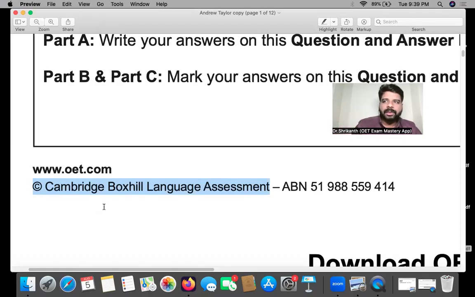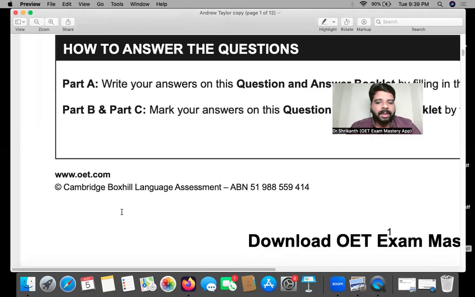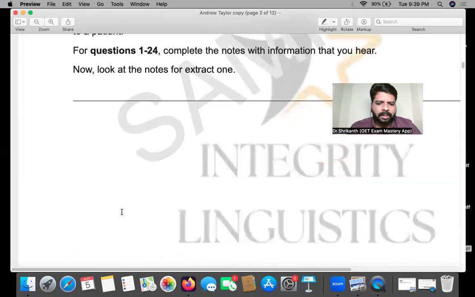So as a medical professional, you need to have certain skills. Okay, your brain should work in a very specific manner. Okay, and those skills are being tested by the OET, and only the Cambridge University materials have been designed to test you on those skills. Simply practicing random materials from YouTube, from other institutions and all that, they will only improve your language. Okay, and language improvement is not the only factor that is important over here. Okay, so this is a Cambridge University material, and it is termed as Andrew Taylor.